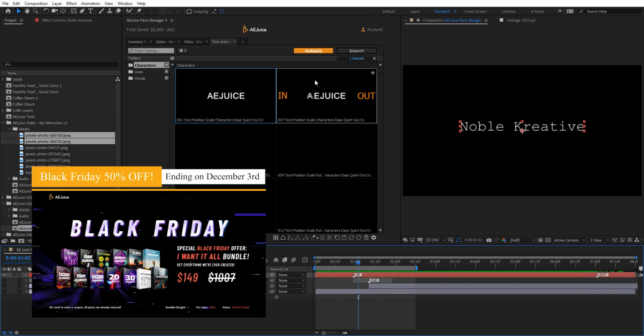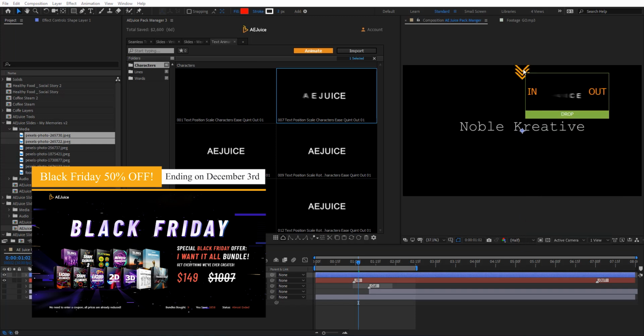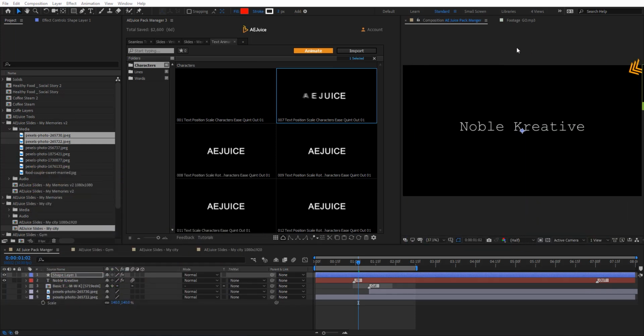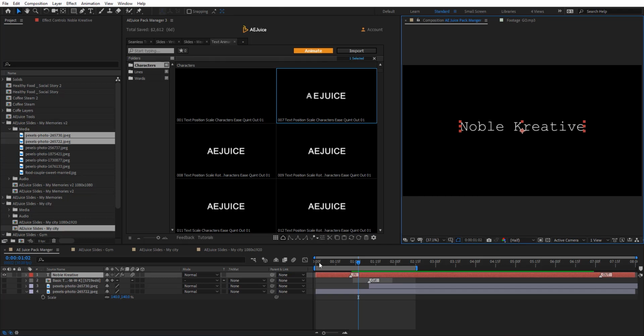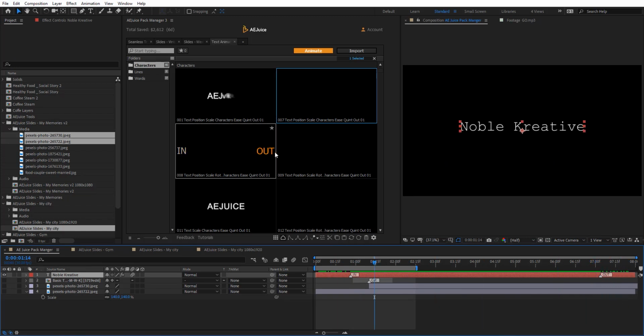And here, when you drag these, you can see that we got some arrows indicating which position you want these to take effect. So if we choose the corner right here, that's going to be the position where this is going to start, as you see. So that's for in and out. And here you can see we can select out or in only.